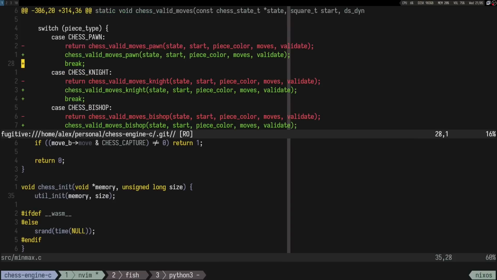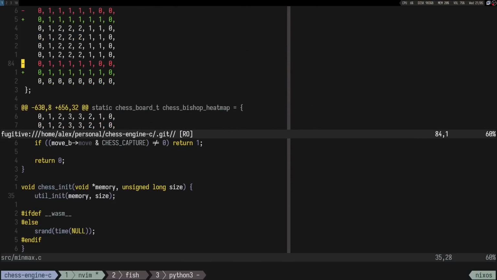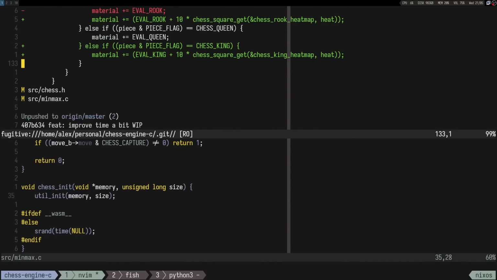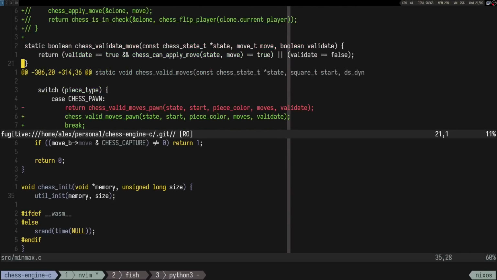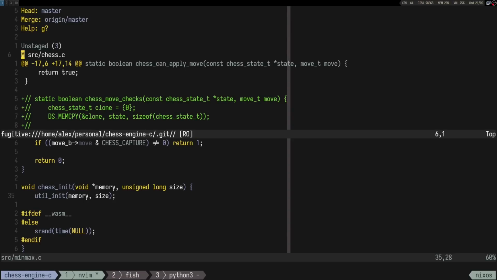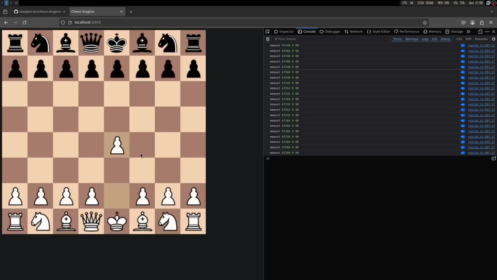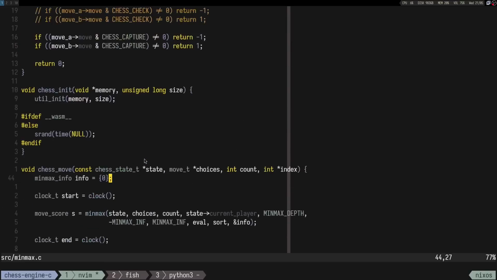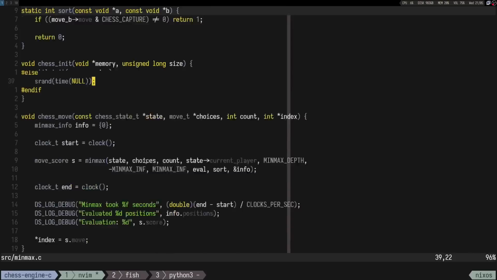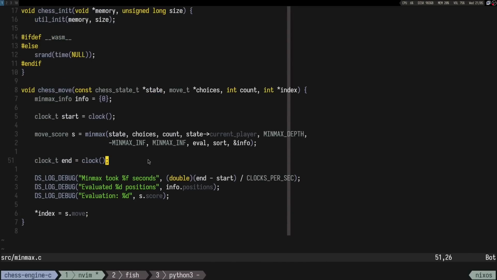I mean, I guess the adding some evaluation for the king didn't really work as I expected. I mean, yeah, just hard coding random chess games would be better probably. I wouldn't go as far as choosing the random move. That's kind of annoying. Like if we go to min-max,